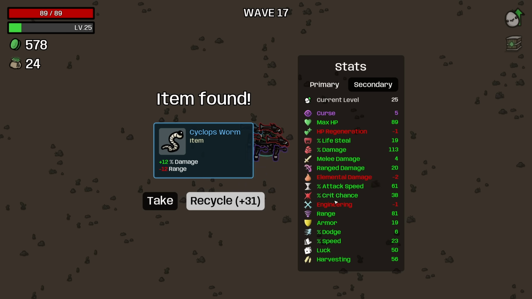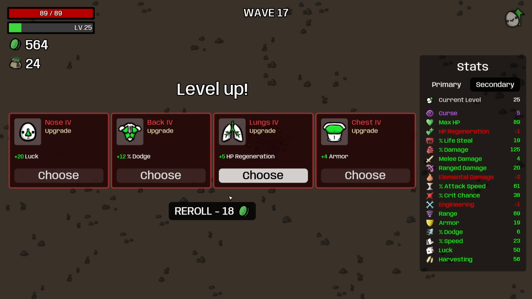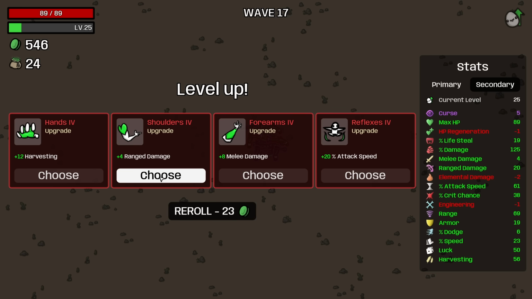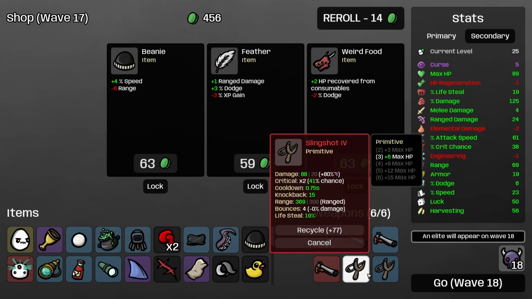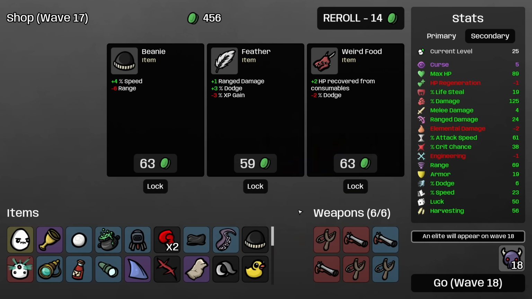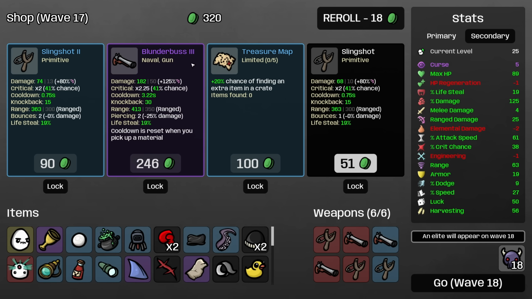12% more damage is amazing, we have so much range so I can easily afford that, and here we want to go for range damage. Alternatively, armor would also be possible, but I think we have enough of that. Let's go for the range damage, another slingshot, we'll just get that, even though sometimes I prefer to just keep 2 purples and say that was it. We will also go for the range damage here, the speed here, we have 27% now. There's another blunderbuss, but